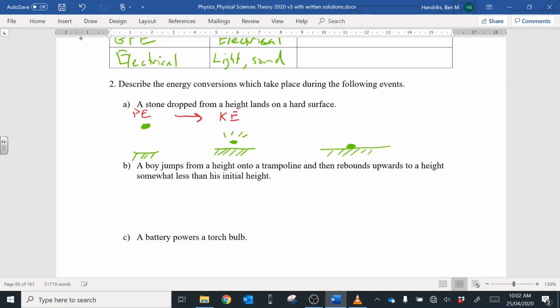as it starts to move. It's got kinetic energy, and then when it hits the ground, what happens? Well, we hear it, don't we? So we hear sound, and also it heats up the surface. So what actually is heat and sound? All heat is the vibration of particles. That's why I've drawn those wiggly little lines there.